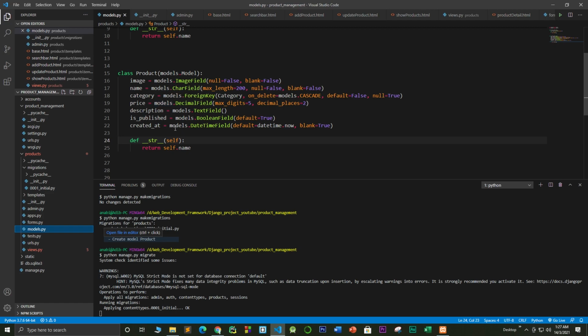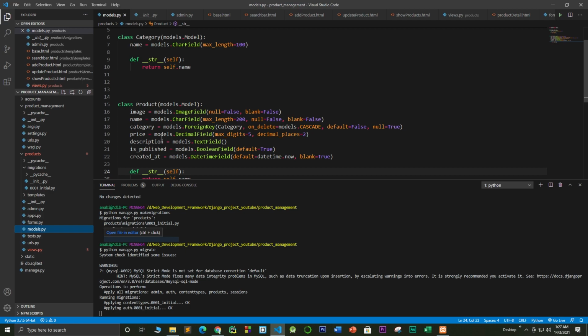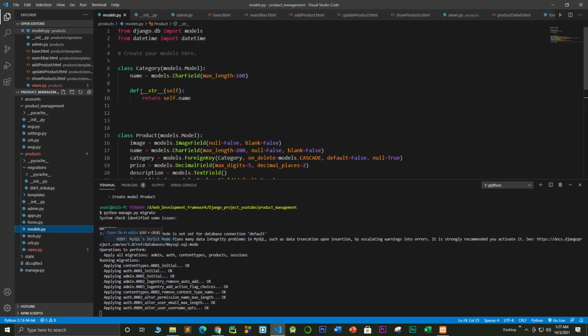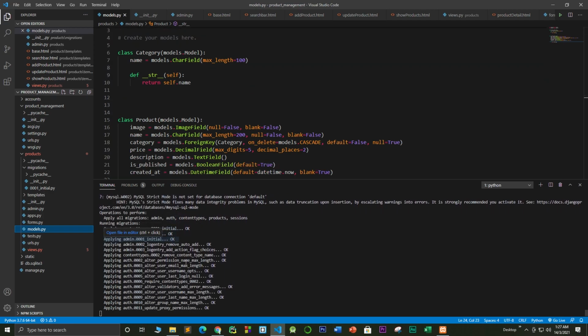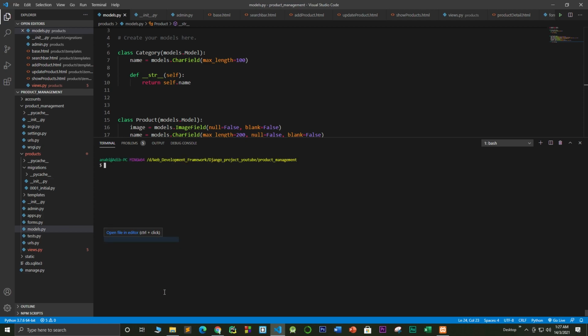The problem was that we added a new category in the product model, but it was not being added to that MySQL database or that phpMyAdmin. So we need to drop all the tables and create them from scratch. Sometimes you will have this kind of problem that you need to fix. So clear it out. Now if we run the server,